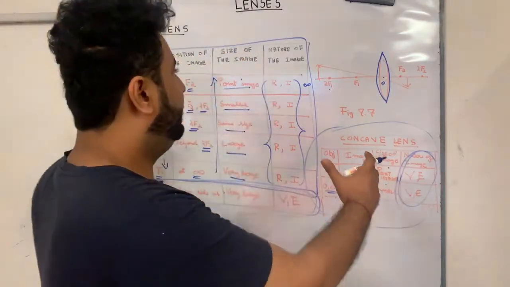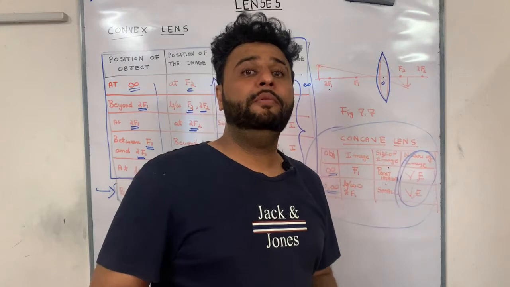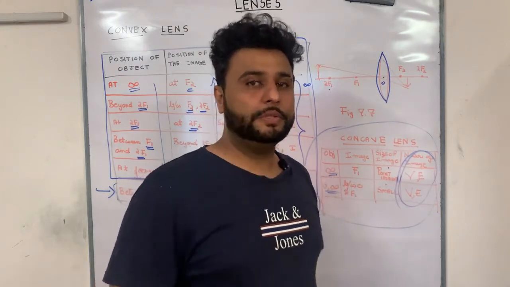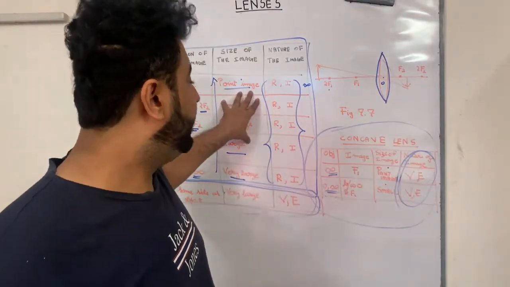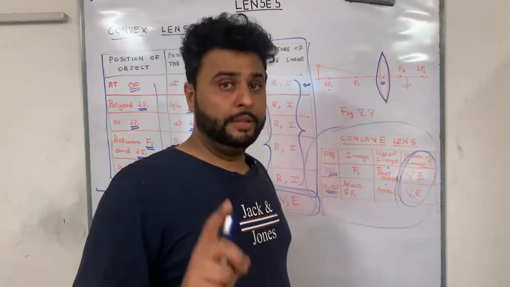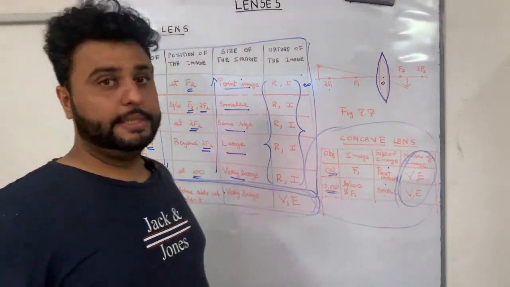Now this table, if you can see, this is for convex and this is for concave. Very common questions come in MCQs. We will discuss the MCQs as well, but this table you should know, one is for convex and one is for concave, and the most common MCQ is the exception case of the convex.